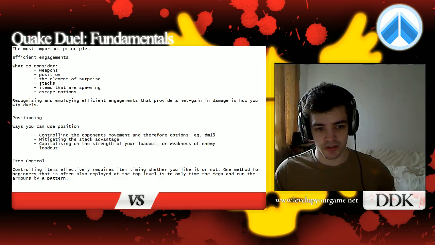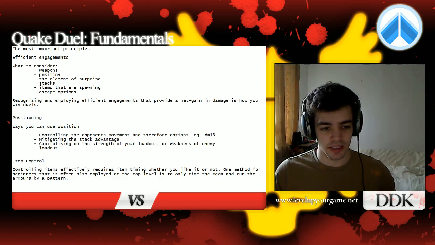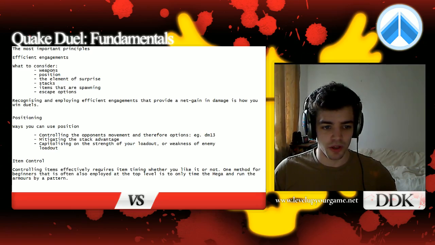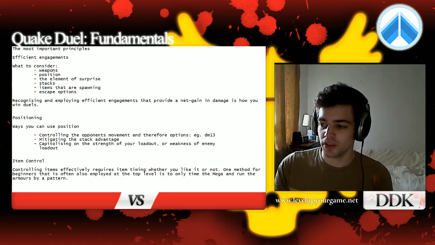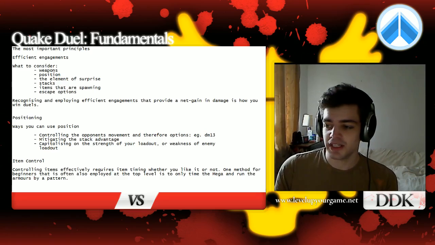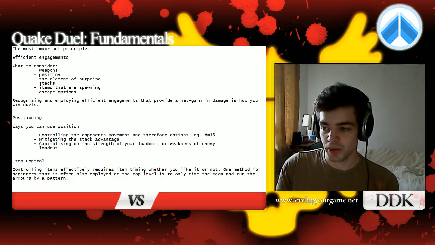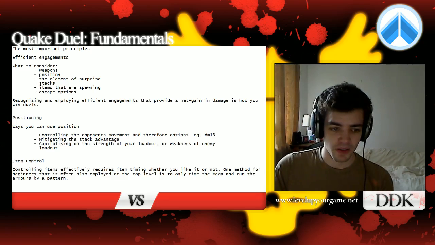The other thing is that it's harder to know whether or not an item is spawning. Let's say you're not sure whether an item is spawning or not, but if you have a general idea of the timing of the items, what you can do with engagements is take an engagement and use it to reposition yourself and reposition the opponent, so that you get position on the item as it's spawning, and you can use it to waste time. So for example,